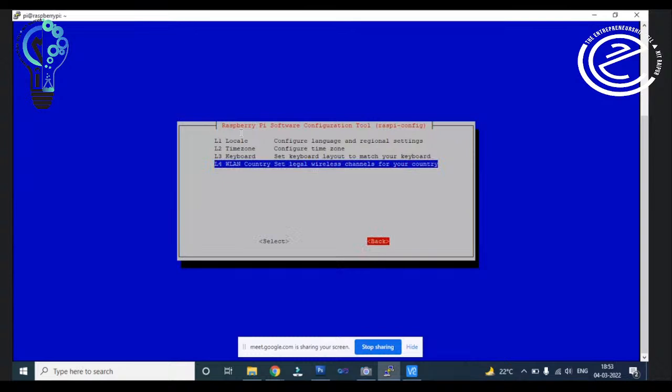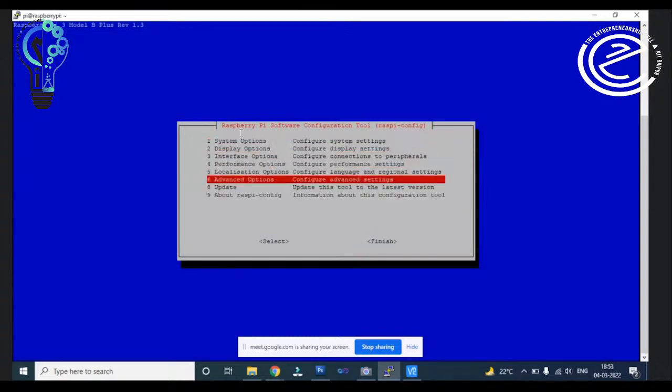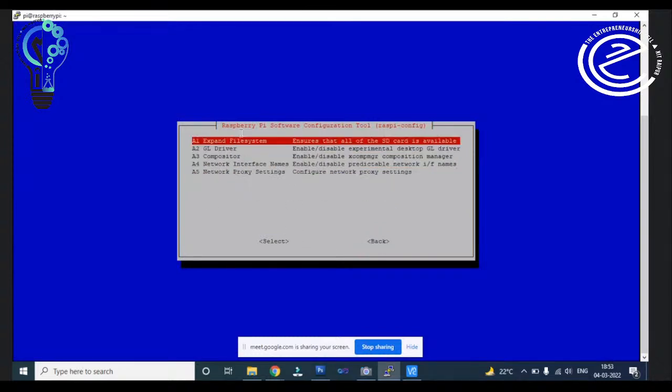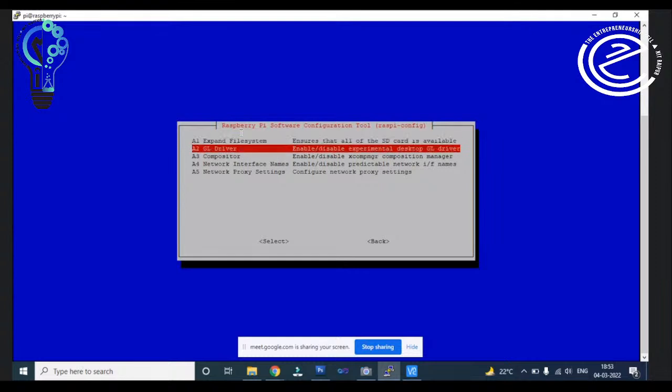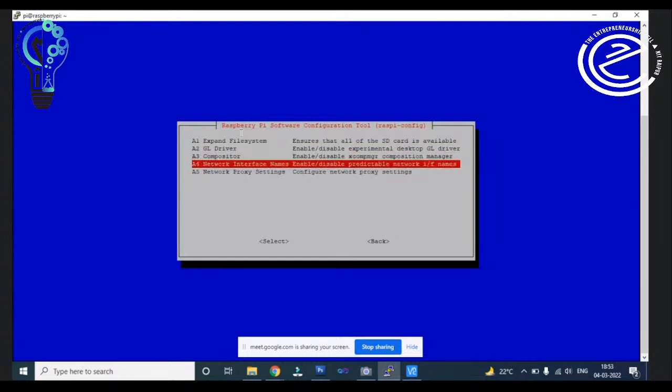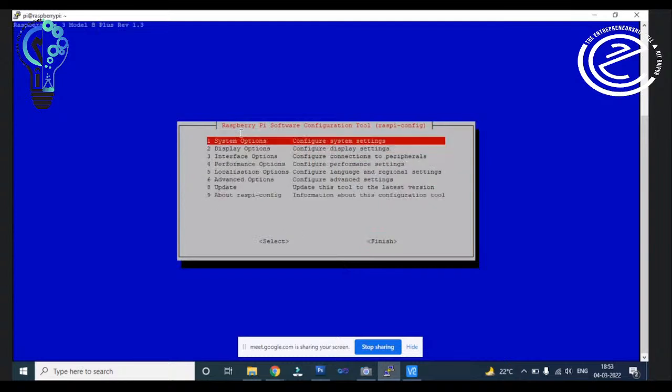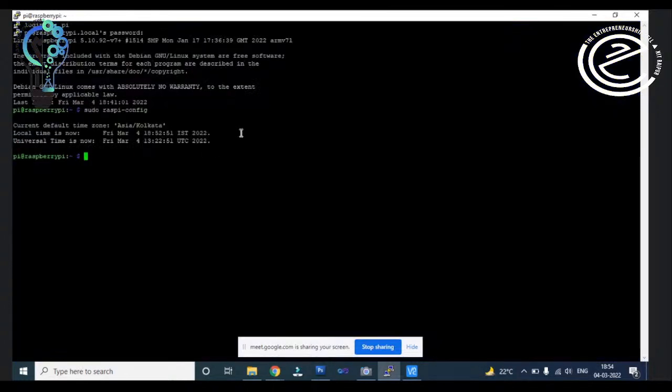So these are the system settings which you need to understand if you want to use it. Then we have advanced option, network interface name, network proxy settings. We don't need to do anything with this. Then update and then about Raspberry Pi configuration. So it will show the configuration. We already saw all the configuration here. Just click on finish.